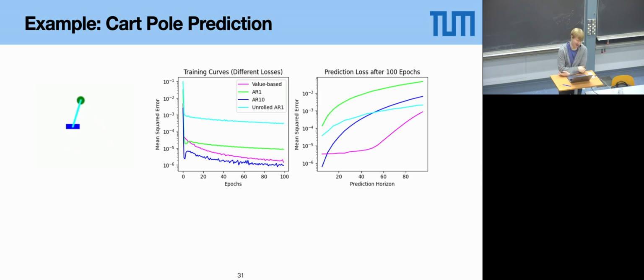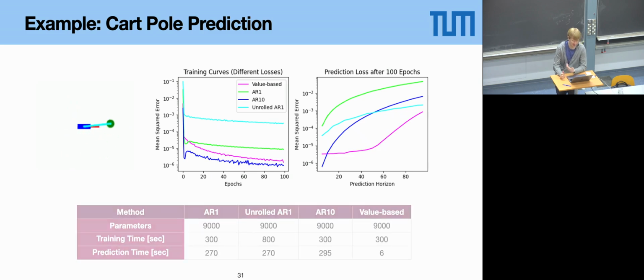That's basically all you can see here, because the losses are different, so the curves are not really comparable. But on the right you can see that the error curves, when you predict over time, look very different. The autoregressive curves basically all increase from step to step to step. And you can see that for the value-based ansatz, like the purple one, in the first 50 steps where it was trained on, the error is mostly constant. After that, it also starts to increase. But the characteristic error growth is different in these 2 types of methods.